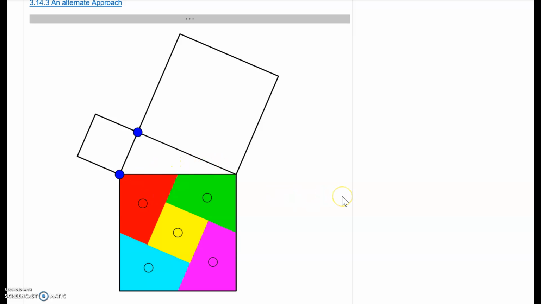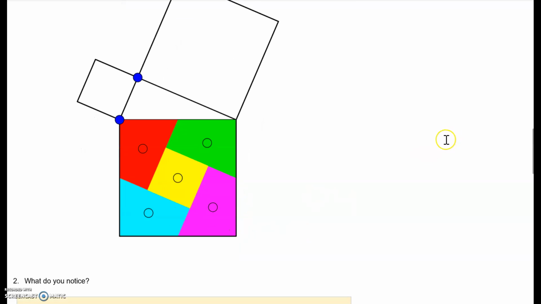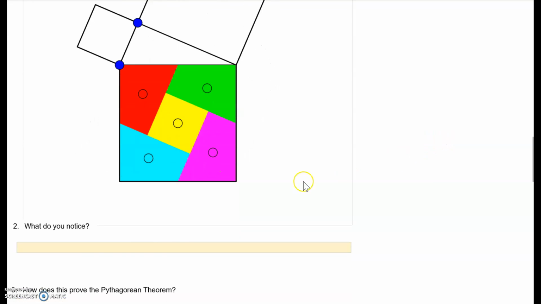So remember, I told you that the Pythagorean theorem really, instead of thinking a squared plus b squared is c squared, it's the sum of the squares of the legs is equal to the square of the hypotenuse. Okay, so we can come down here, and what do we notice? Well, we notice that the sum of the areas